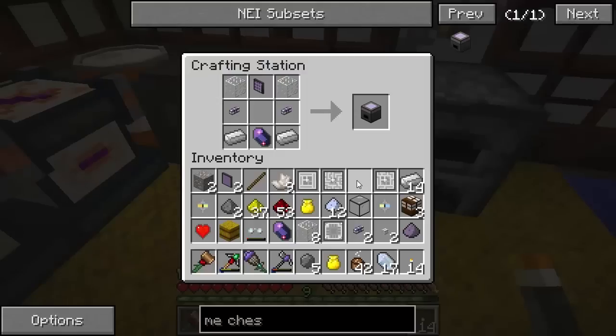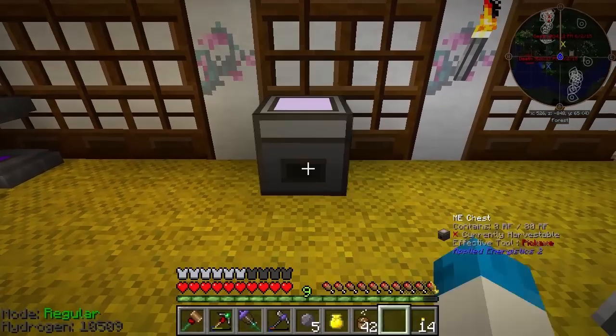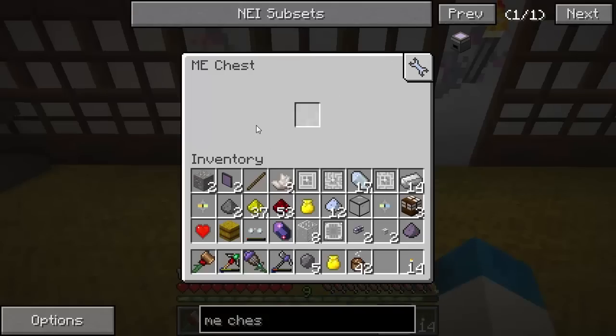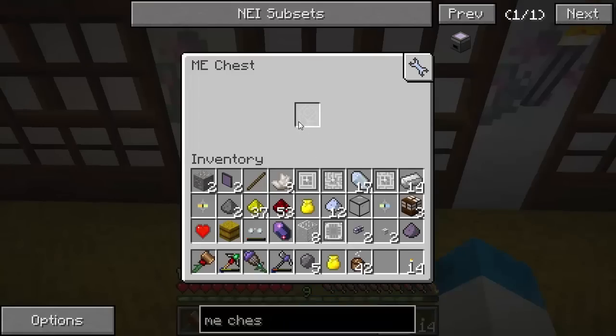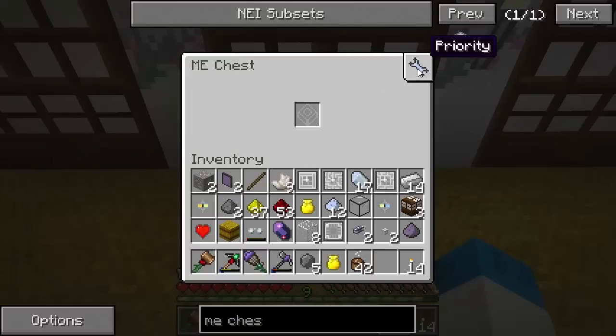So after around about 15 minutes of crafting stuff, guys, I now have my first ME chest. It's the very, very first thing that I've got. I'm just going to pop that down here and look inside. As you can see, there's absolutely nothing to have a look at. You open it, and there's a little slot right in the middle saying absolutely nothing. Well, guys, what we need to do is...